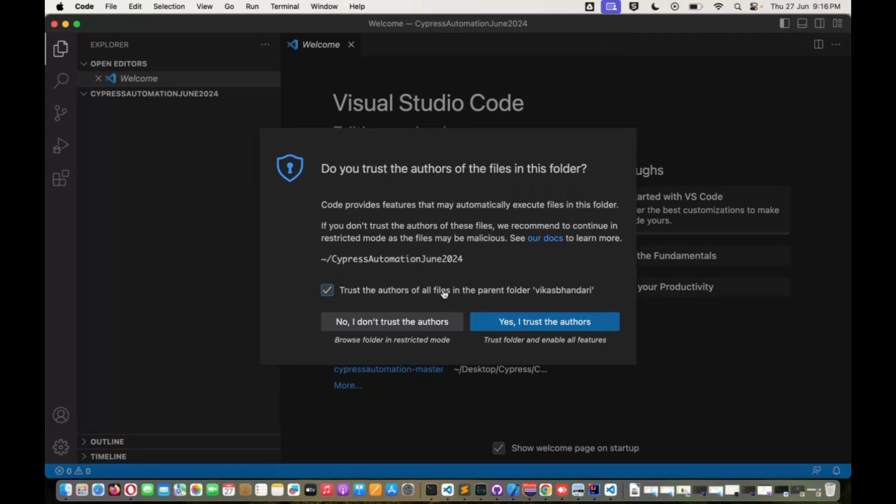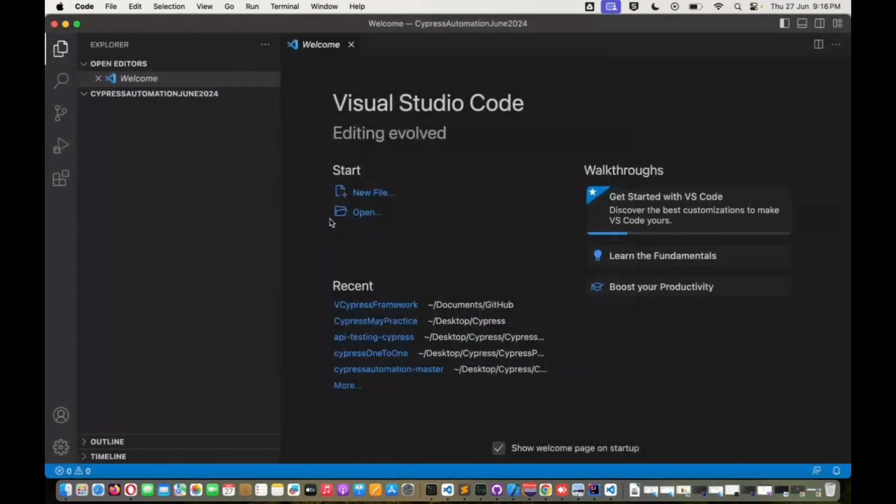Yeah, sure. Once you do that, after that you just need to click on I trust the author, guys. So what we did, we created one folder, guys. Now in this folder you see that there is nothing, no files are present in it. Usually what happens whenever we are doing the Cypress installation for the first time,